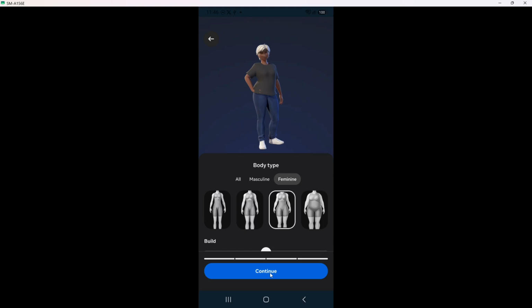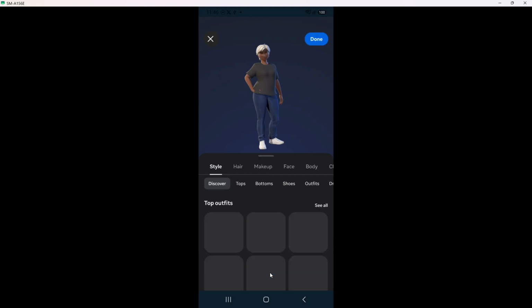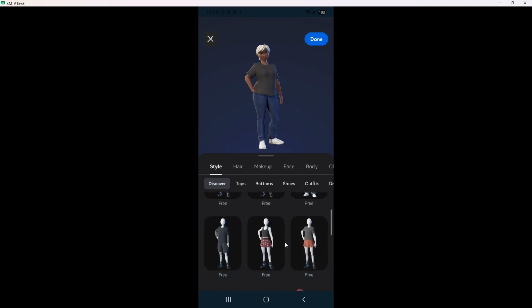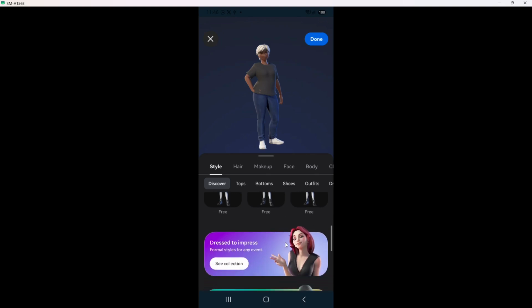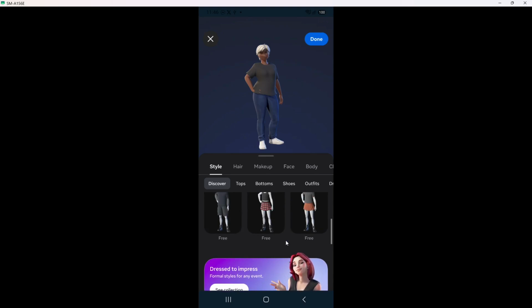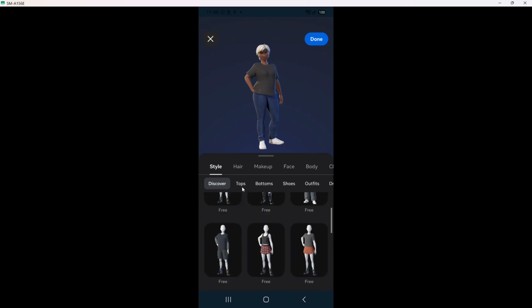In the clothing section, you will see full outfits or tops and bottoms depending on the current version of Messenger. Tap an outfit and your avatar changes clothes in the preview window. If you scroll, more choices appear, including casual, formal, and seasonal looks. A detail many people miss is that some outfits slightly change the overall vibe of the avatar, so try a few. Next, add or adjust accessories.